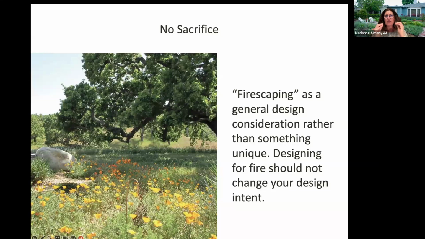So really, it's a way of general designing principles rather than something unique or separate. And again, there are key things that are important with building soil, with holding on to rainwater, with using climate-appropriate plants that still need to be integrated in the landscape, even as we plan for firescaping design.